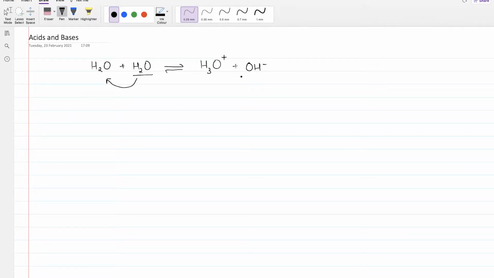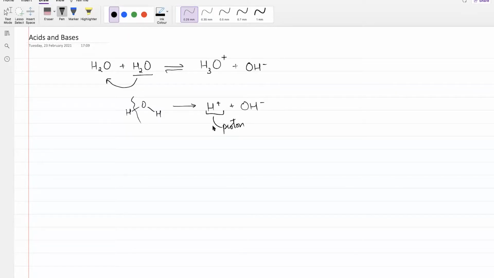And what has happened here, by the way? Let's take a step back. Water was H and OH. What happened was that for some reason, this bond got broken and this water split into H positive and OH negative. And what is H positive? It's simply one proton with no electrons. So H positive ion is nothing but a proton.